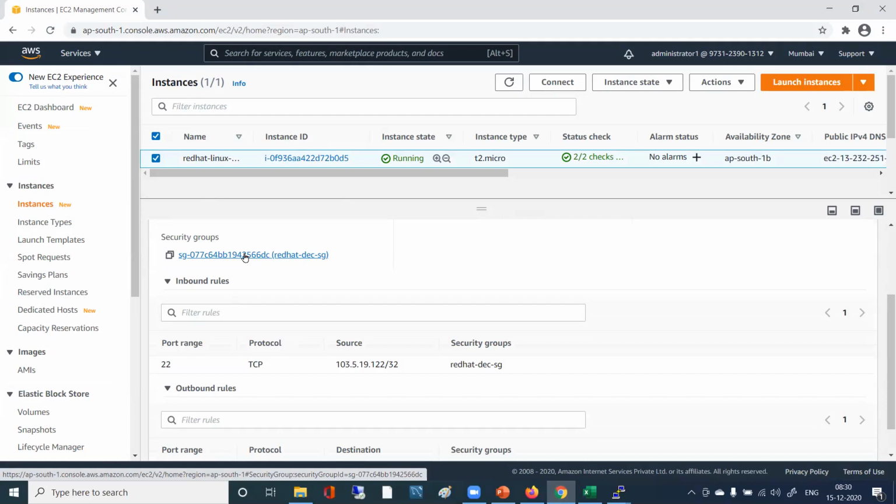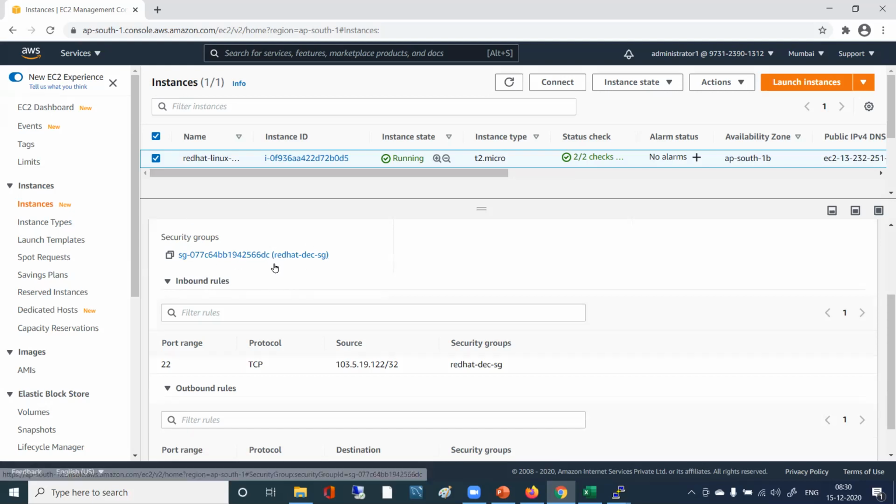Yeah, security groups is there. Inbound rule, right? Okay. So what is the name here? That is Red Hat security group. That is SSH security group. Okay. So for Natraj, it's the correct one, right?